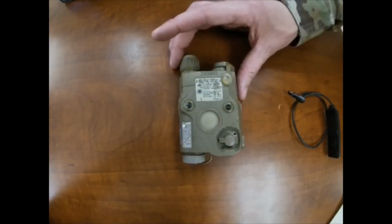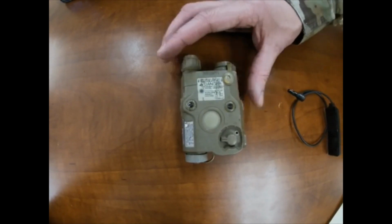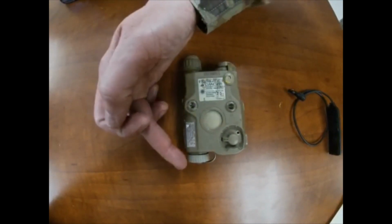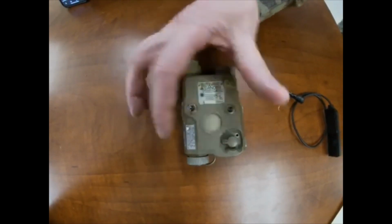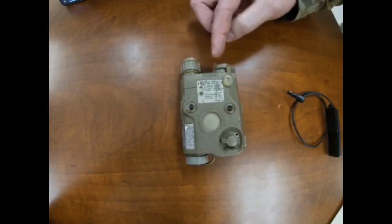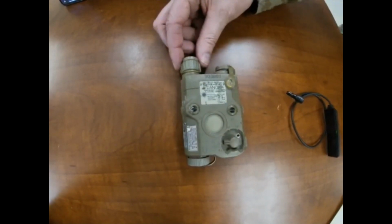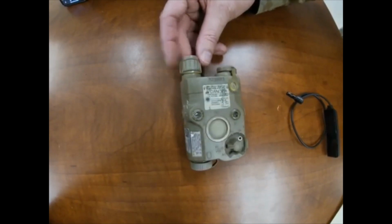Let's begin, before we bore sight, with a brief description of the PEQ15 Alpha. You have your battery terminal here that takes the 3-volt battery. The positive end faces out. You have a couple different sets of lasers here. The one on the left side of the PEQ15 Alpha is the infrared illuminator, and the cap for it is